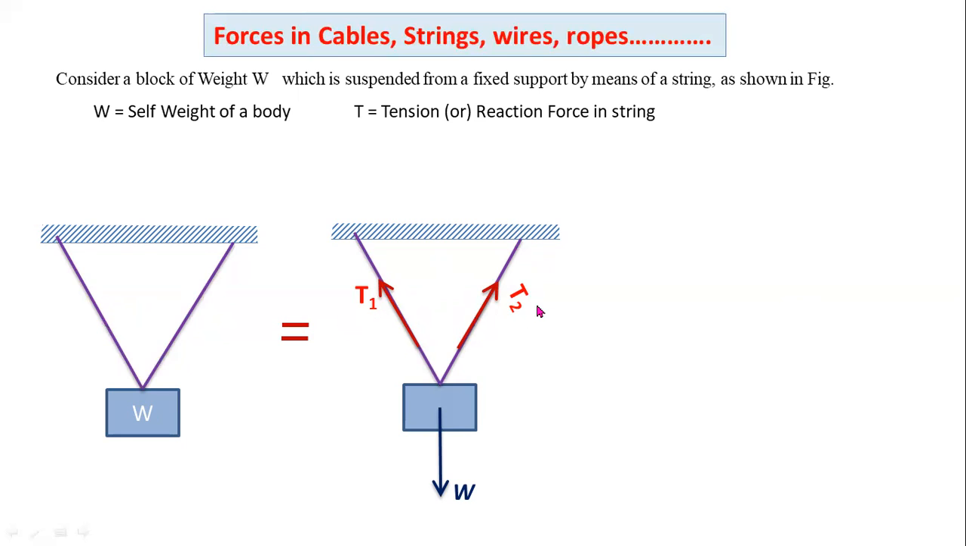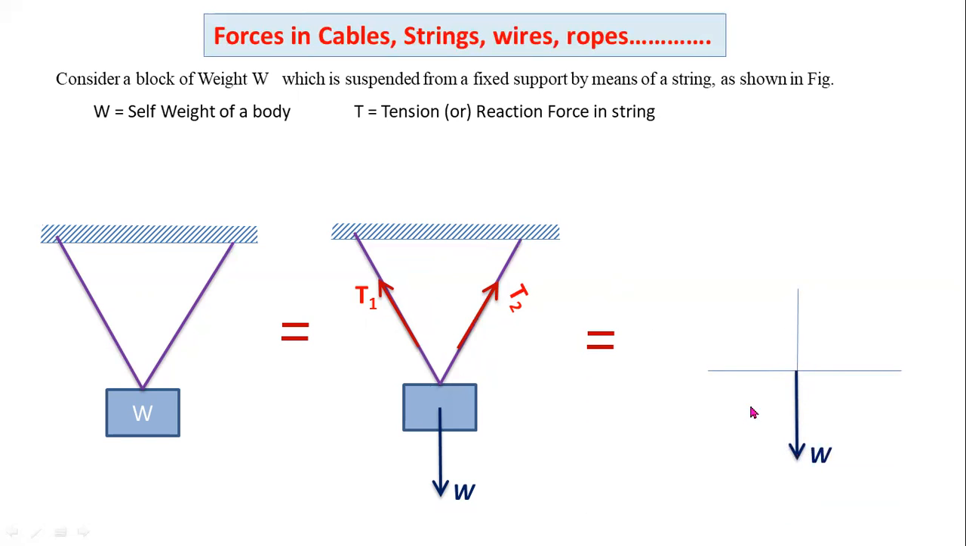Okay, T1, T2 are the individual tensile forces. The value of T1, T2 mainly depends upon the angle of inclination with respect to the supports. So for solving the problems, you have to consider this diagram as